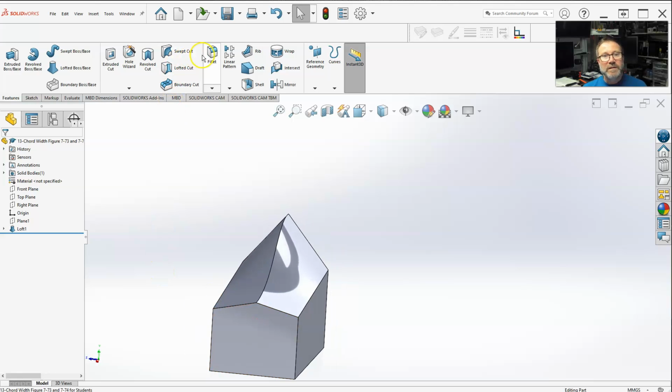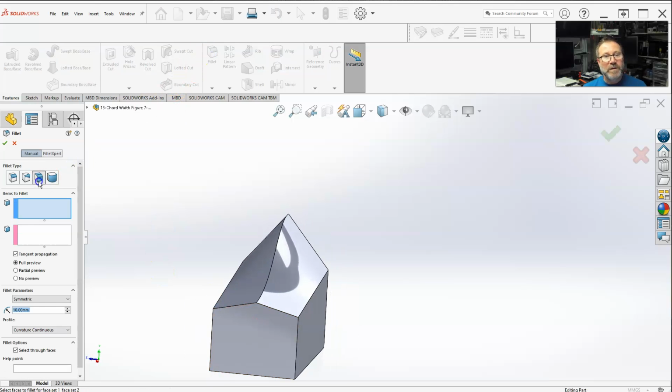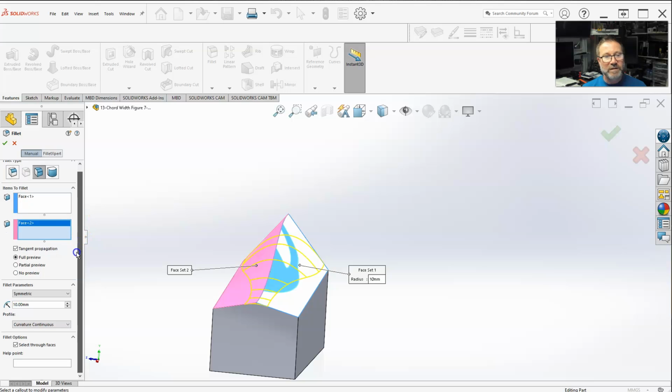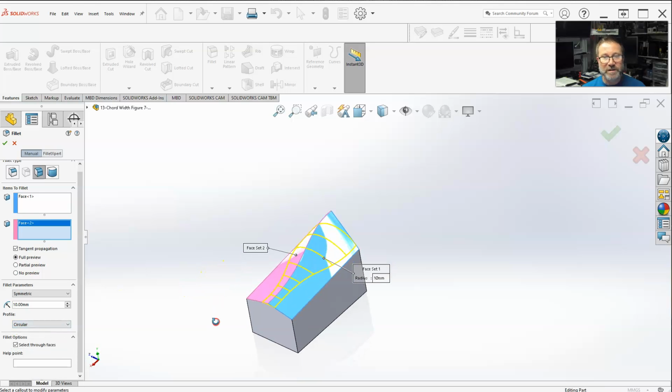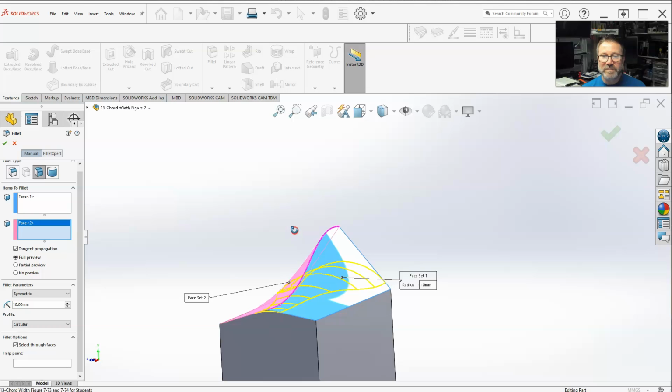Well, if we're going to do a fillet and we're doing a face fillet, we picked this side and this side. Oops, I always keep my finger. Make sure delete. Always gotta go in that box. This is what a symmetric, let's say 10mm continuous curvature looks like. Let's do circular. You could do, like I said, all of the different various ones, but let's do the circular just so we can make it clear. 10mm, but because of the